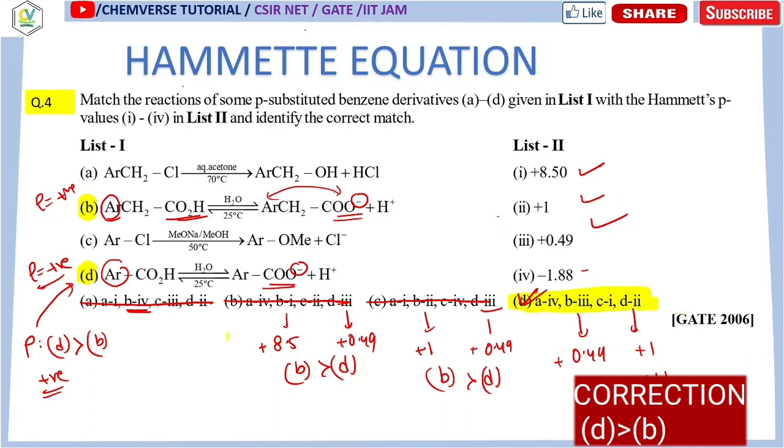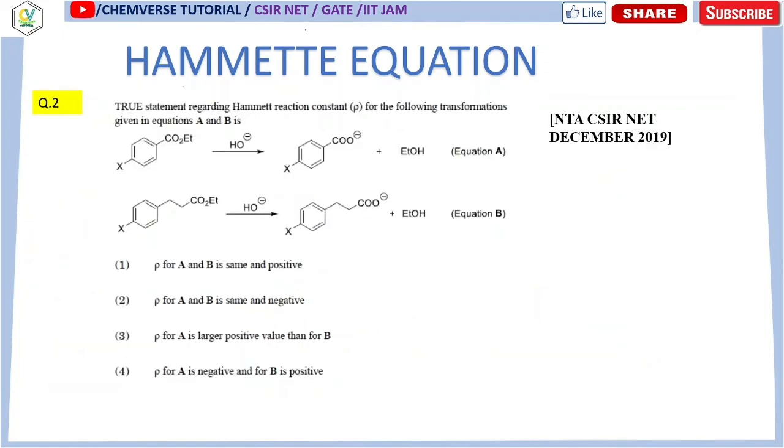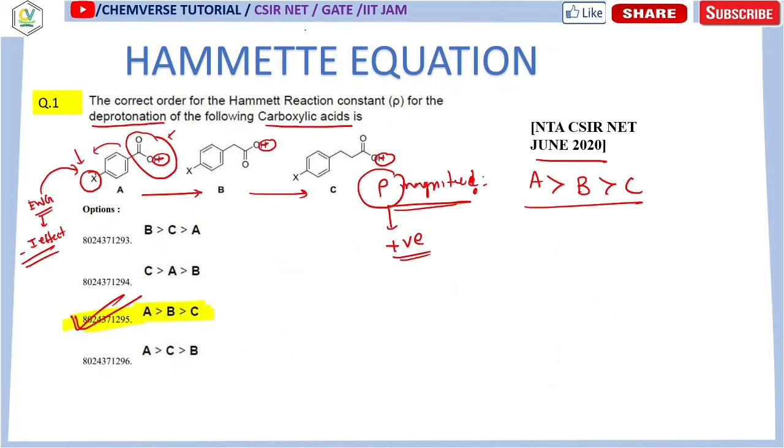So in competitive exams, you need to know how to eliminate the options. That is quite an important thing that you need to follow. These are simple questions and are often asked from these topics. You can see that the frequency of this kind of topic is increasing these days. If you see, this is a question from December 2019, this is a question from June 2020. For two successive exams, the same kind of question has been asked. So you can expect one question in this year's GATE also.